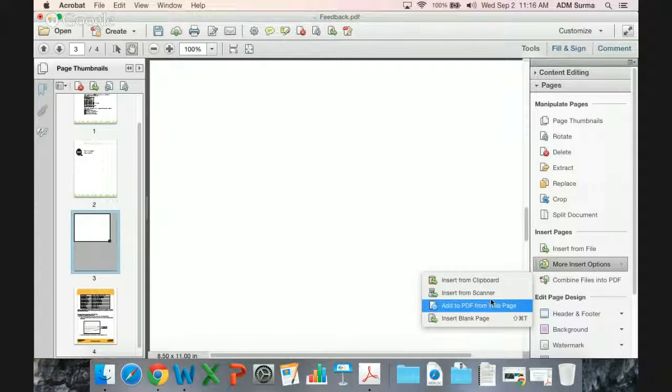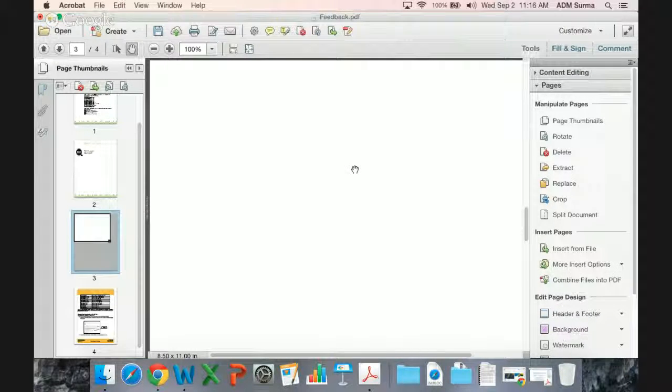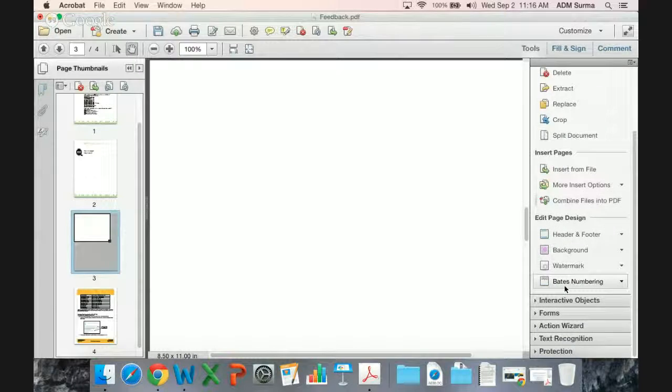You also have the ability to add a page from a web page and import from a scanner. Now, here you have to actually have a scanner connected, and we don't have scanners, so I'm not going to cover that. Underneath here, we also have edit page design, where I can have a header, a footer, a background, a watermark, and then the Bates numbering, which is what we do in the district when they do the